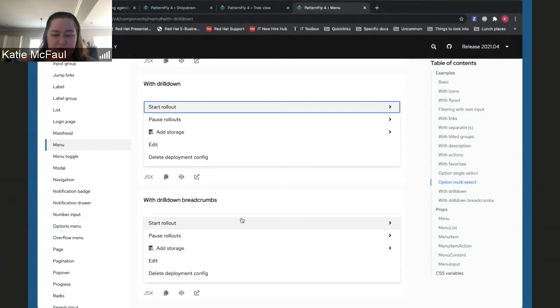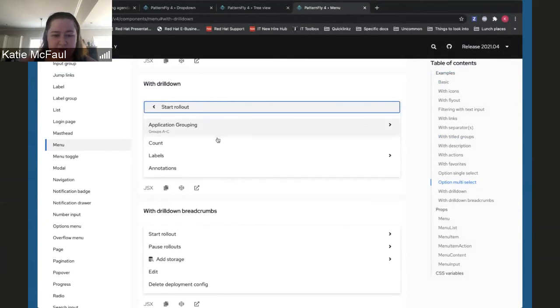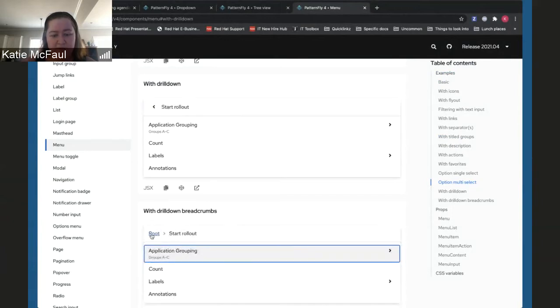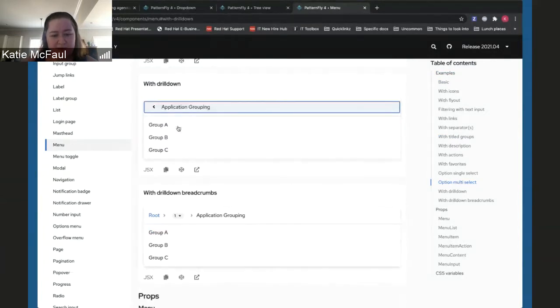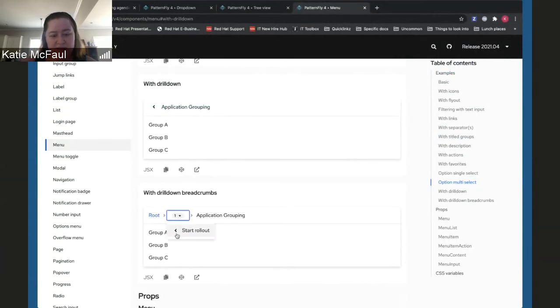For the drill down with breadcrumbs, this looks the same. Let's compare. So instead of having a single level, it now shows you a breadcrumb trail to where you are through the sub levels. So instead of just seeing 1 at the top, you can go all the way back down to the top level, or you can use this new badge dropdown to represent intermediate sublevels.